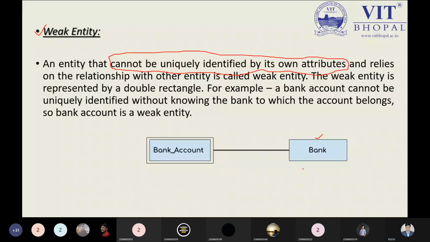Suppose I have a student database. Without any doubt I have the student database, and from our university it is connected. This is a normal entity, no issue. But I found that no student roll numbers have been generated so far. So how can I identify which course this student belongs to? On the name parameter I can't easily find out. So such an entity belonging to the student entity will be recognized as a weak entity, because I don't have any key attributes.